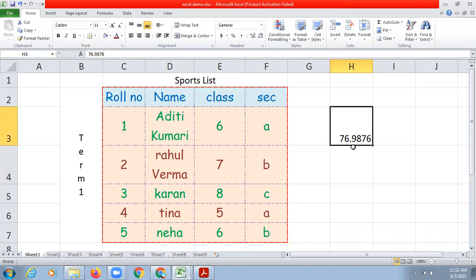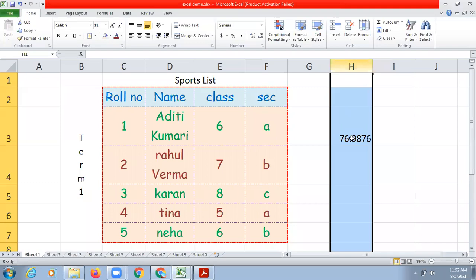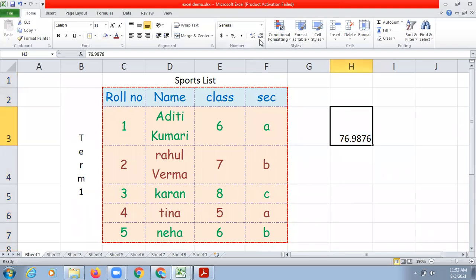I wanted to display only one number after the decimal place. So what you can do is click on that cell or maybe that whole column and then go to the number option, and from here you can decrease the number of decimals like this. Clear? Like this we can decrease, or we can also increase the number of decimals. So this is called number formatting. So I hope it is clear.